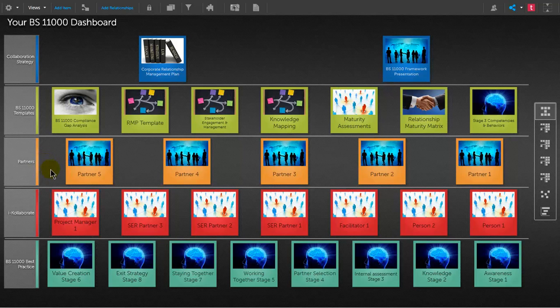And here I've identified where you can identify your partners that you're working with. I collaborate. These are the people involved within the collaboration projects and partnering. And down here we have the BS 11000 best practices for each of the stages. So what this does now, it gives you from a hierarchical perspective and a visual way of working with your